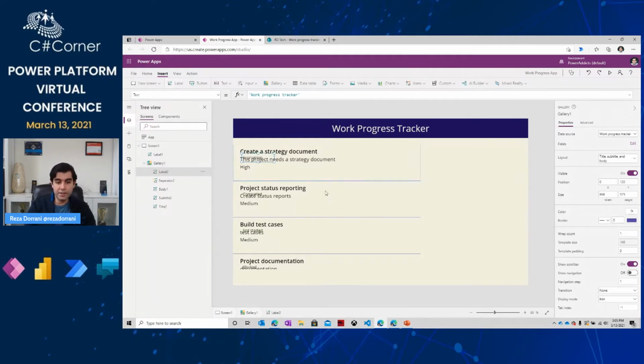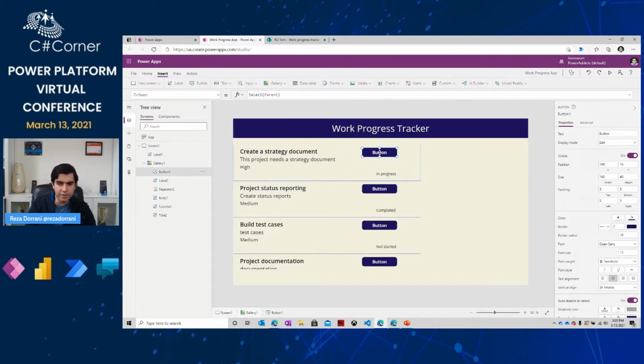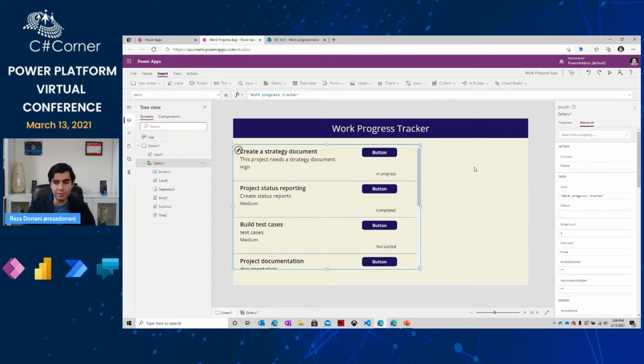So if I go ahead and insert another label, I can insert a label, place it right here. Maybe I would like to add a button. I can add the button right here. I can make any modification I want to the gallery because I have complete command over the template of the gallery. If we continue looking at the properties of the gallery, so if I select the gallery context and go